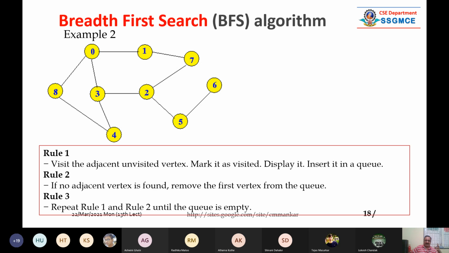See, this is another example. To attack a particular graph, this is a little complicated graph. It contains 8 nodes, total 8 number of nodes, sorry, it is 9 nodes. It starts from 0 to 8, 0, 1, 2, 3, 4, like edges are there. Now this is an undirected graph, it is simply an undirected graph. Now in the BFS algorithm, it is in your hand which is your start state. Normally we start with 0, or whichever is the lowest node in our graph, we start with it.